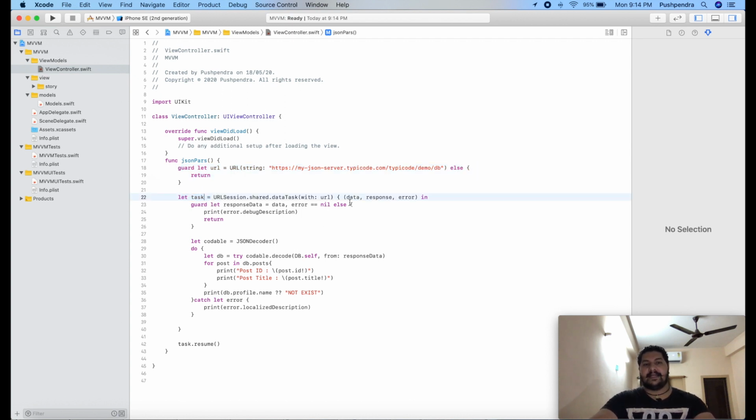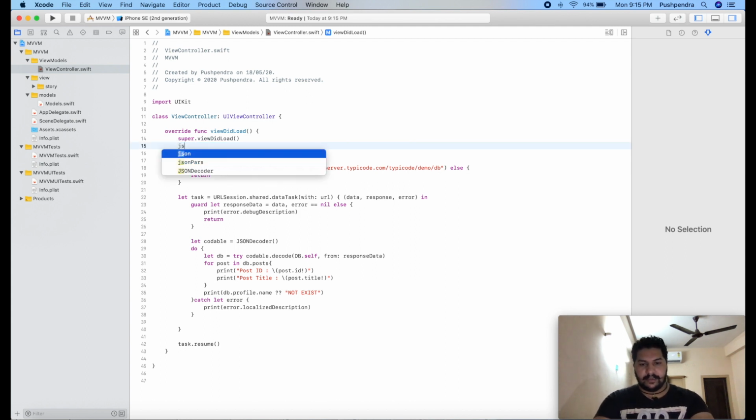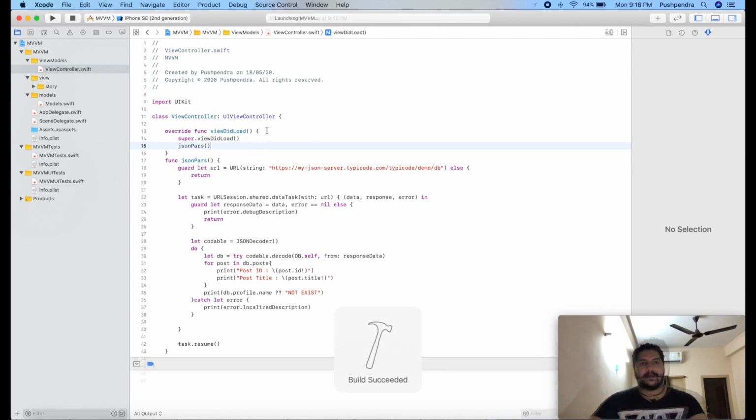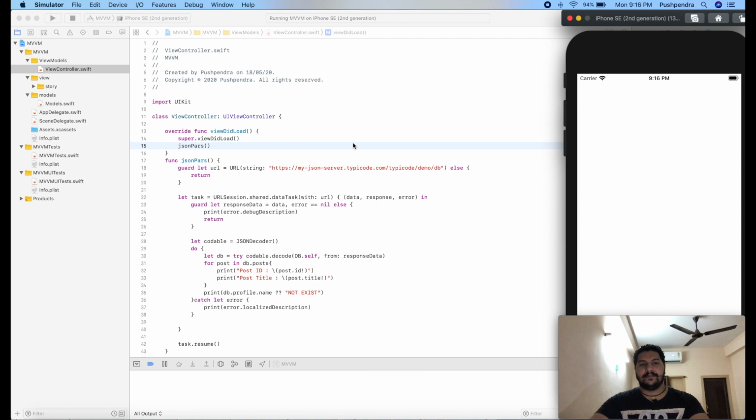First I take the response, and after that I use JSON decoder for decoding this into my DB class, and here I am printing all the post IDs and all the titles. Fine. I call this function from my view controller's viewDidLoad, and from here I'll call JSON parse. So I will run and see the output.